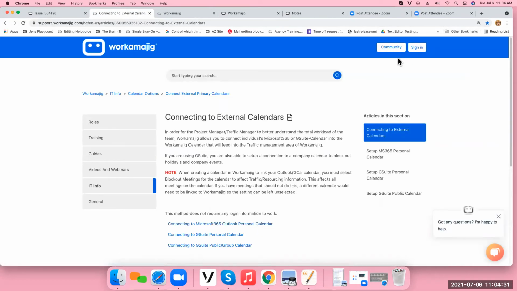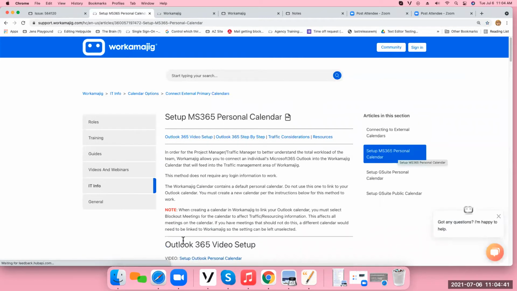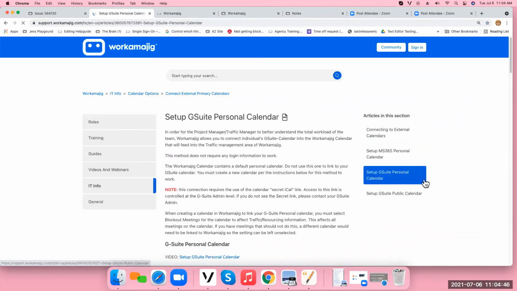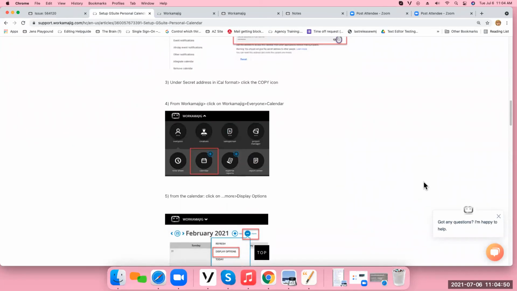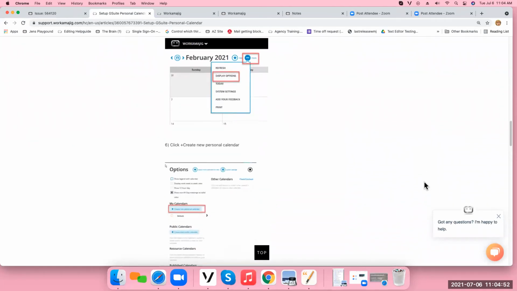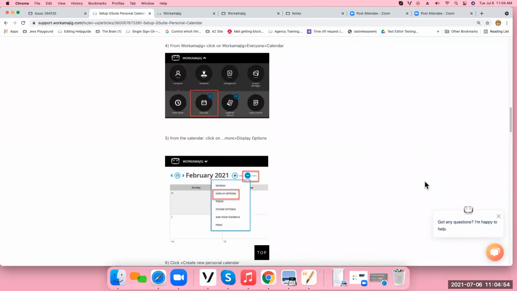Oh, I think I just went out of what I was in. Shouldn't have done that. And it's connecting to external calendars. So if you have the personal MS 365, there's instructions. It even has a little video. And if you have the G Suite one, it has a little video, but it walks you through how to get those into Workamajig. I can't really demonstrate it because mine's already in Workamajig coming in, but